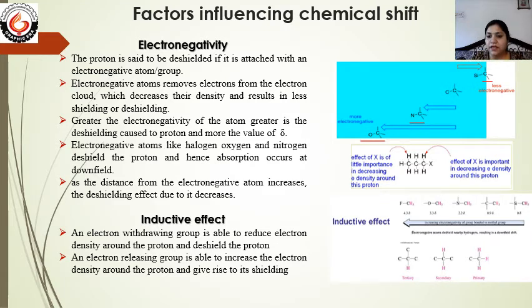C, obviously the bond is between C and O, but it gives effect on H also, because it is transferred to the other bonds. So the more electronegative groups are attached in a compound, the less shielding, or more de-shielding, is observed by the hydrogen, and according to that you will find a signal. If more electronegative group is there, the signal is on the left side. If less electronegative group is there, the signal will be on the right side. Clear? So this is the effect of electronegativity.